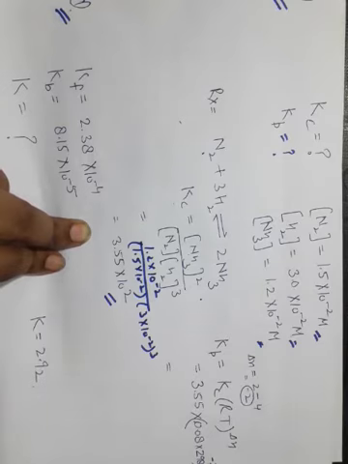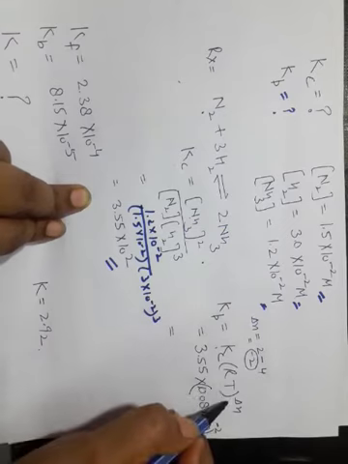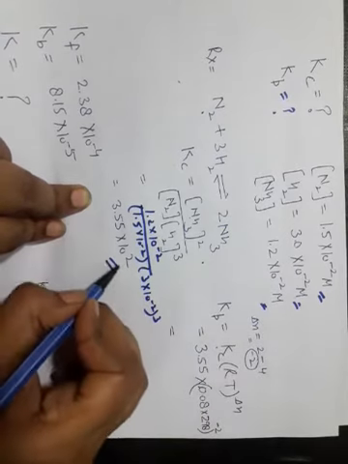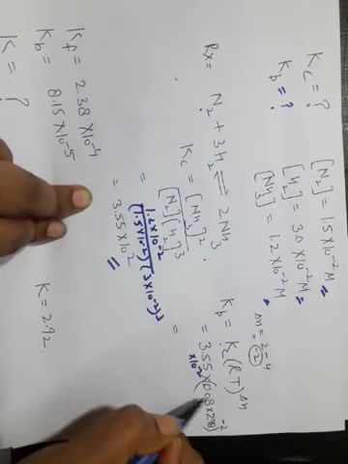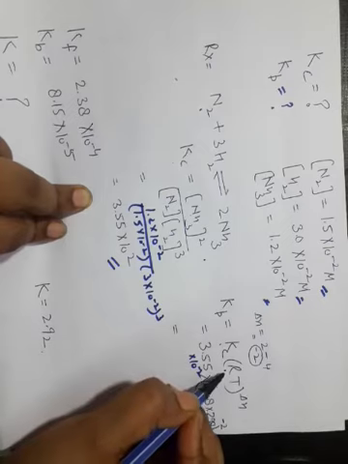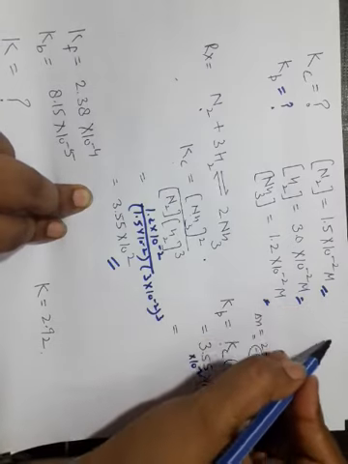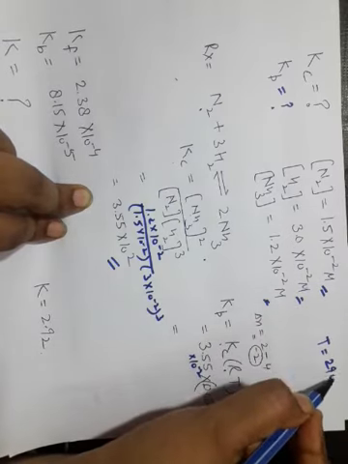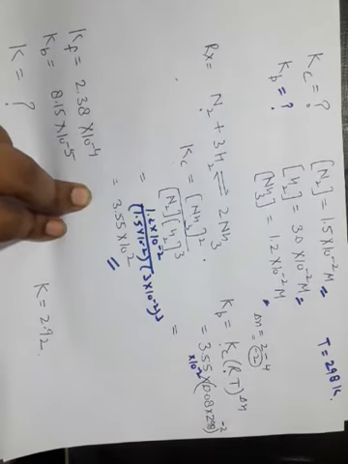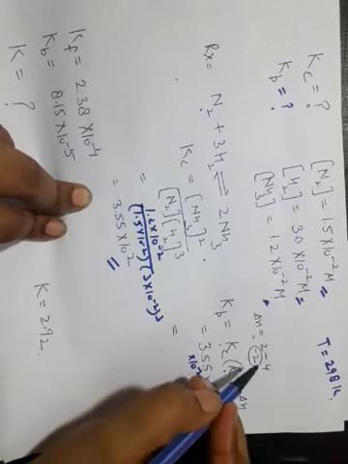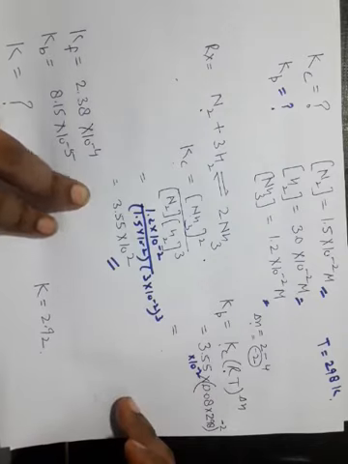Now we have to calculate the Kp also. So write down the formula of the derivation. Kp is equal to Kc (RT) to the power delta n. Kc is 3.5 into 10 to the power 2, into the gas constant. The value of the gas constant is 0.08. If the temperature is not given, always take it as 298 Kelvin. We are considering that this reaction is taking place at room temperature, that is 25 degree centigrade. And the value of delta n is minus 2. So place the values and find out your answer.